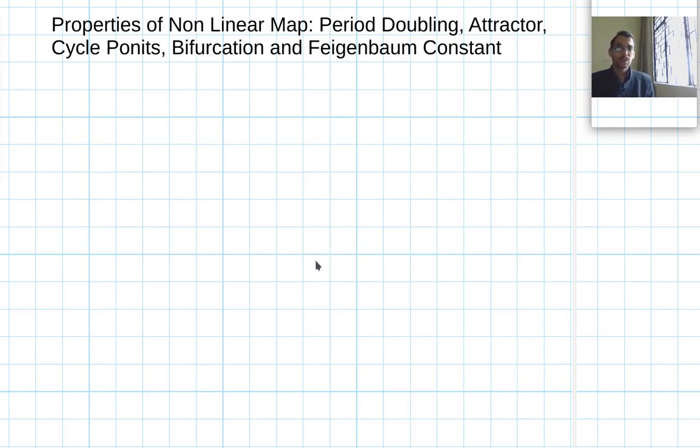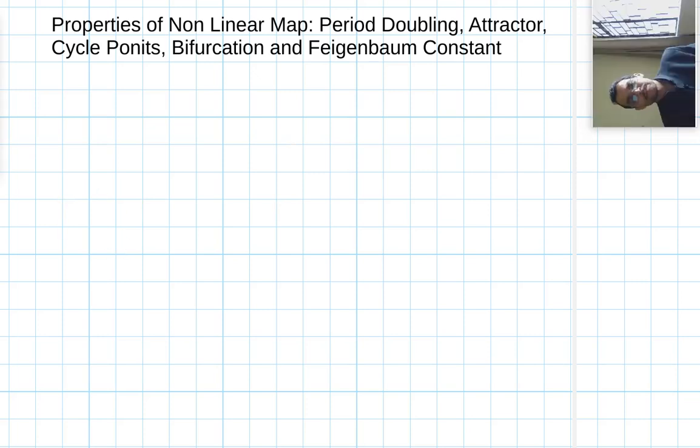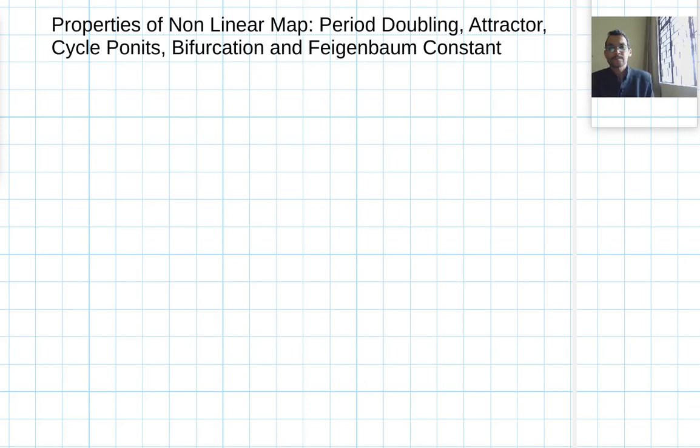So today I am going to talk about again the properties of nonlinear map. Here I will discuss the period doubling, attractor, and attractor is also known as cycle points, then bifurcation, and lastly I will talk about the Feigenbaum constant. These are very interesting concepts in the nonlinear dynamics. So in the earlier lecture we learned that